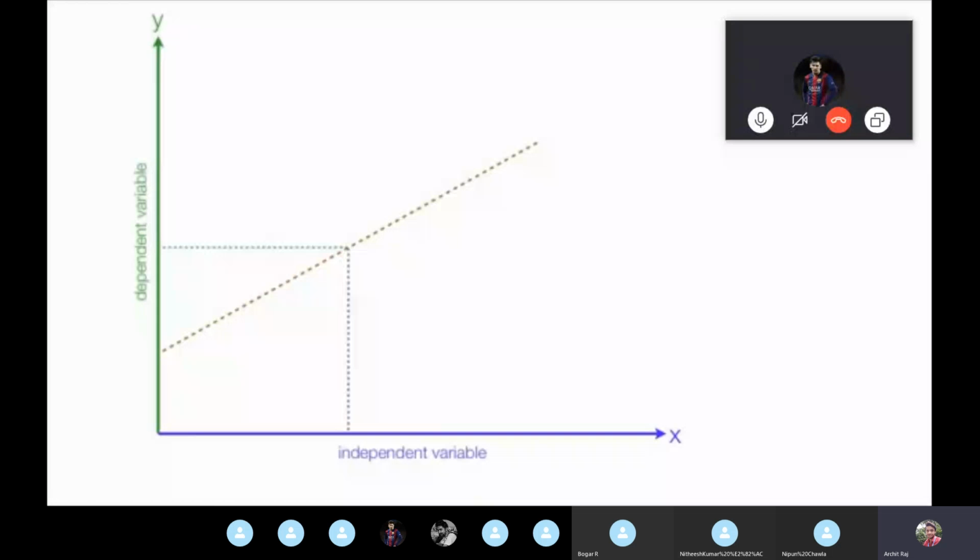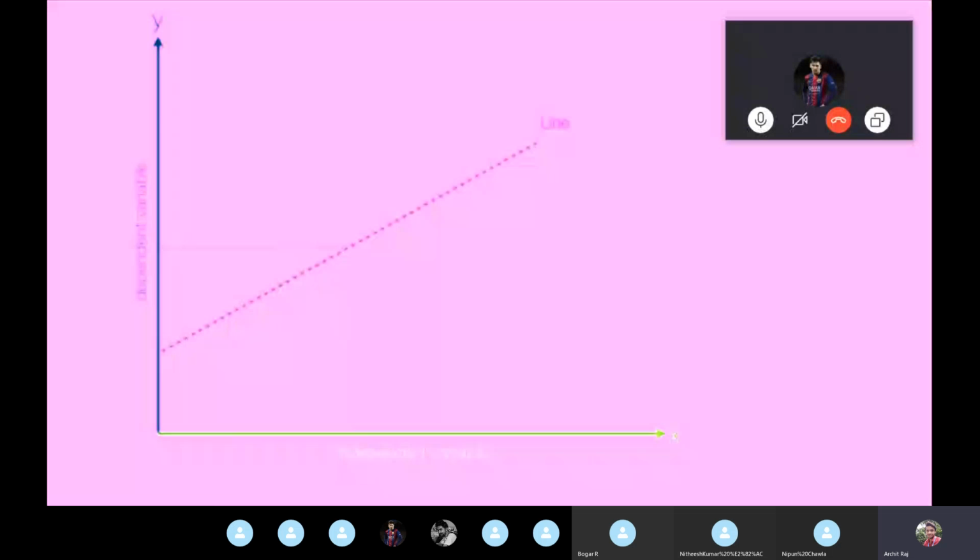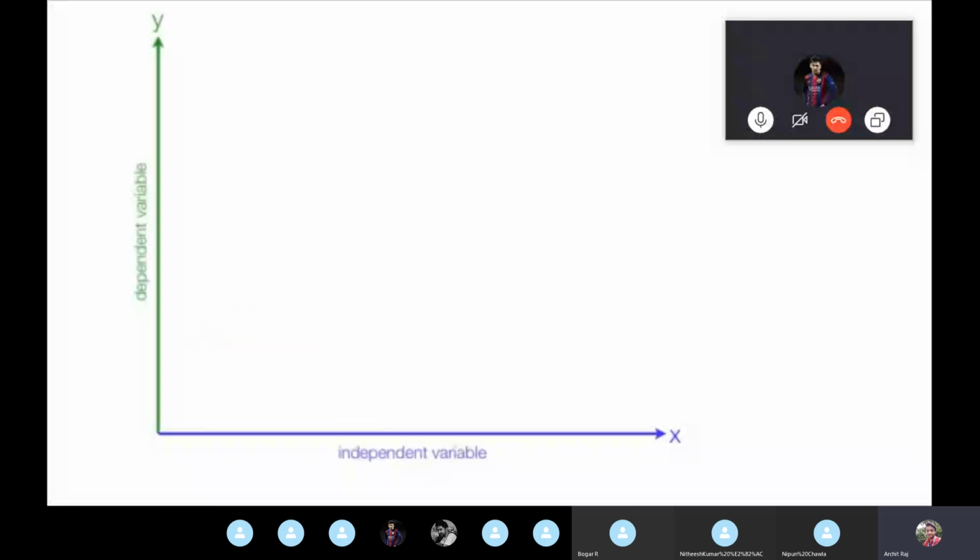Now, how exactly can you find it? We spoke about how we have to find a line. Now, how to find exactly that particular line? Before that, we have to talk about the relation. Is it a positive relation or a negative relation? Now we can see the value of x is independent, it can range anywhere, and the value of y depends on the value of x, and can also range anywhere on the y-axis.